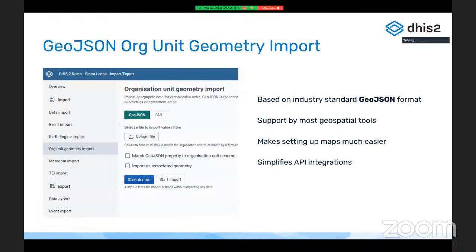We also built a new importer for geometry data based on GeoJSON. This is a new importer that we hope will phase out the previous GML-based importer. GML is a much more heavyweight format based on XML. As some of you have probably tried before, setting up geometry in DHIS2 is not for the faint of heart. It's a complicated thing. The new importer is much more lightweight. It's based on the GeoJSON format,